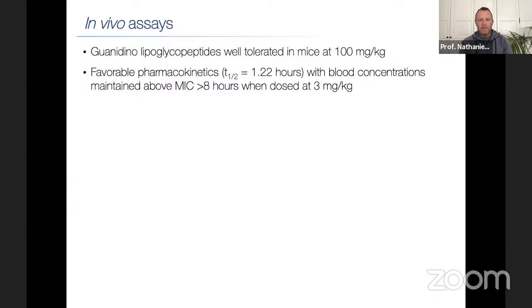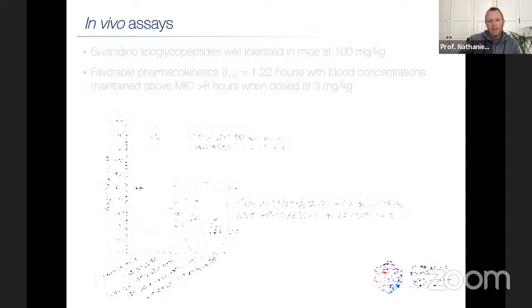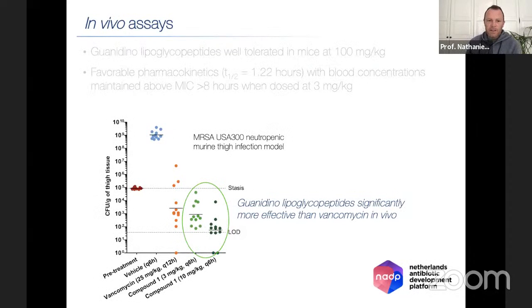When we dosed this compound at 3 mg per kg, we were able to ascertain that we maintained concentration in the bloodstream above MIC for more than 8 hours. So it also looks to have good properties that way. We proceeded then to an efficacy study. The industry gold standard in this case is a neutropenic murine thigh infection model. In this case, mice with a suppressed immune system are infected in the thigh muscle using MRSA bacteria. And here you see in the group of mice that were not treated with antibiotic, over the 24-hour course